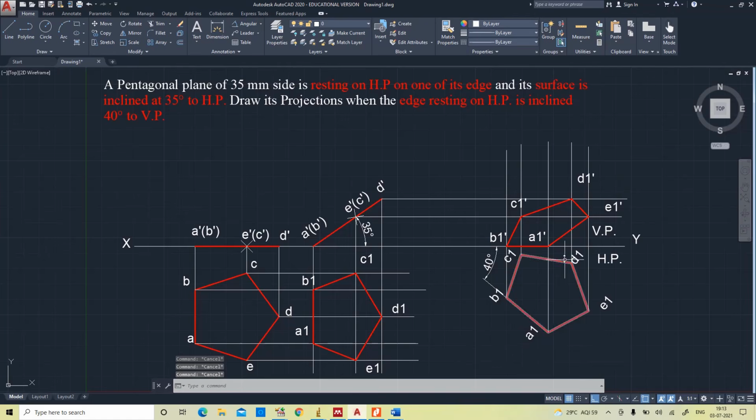You can check A1 A1 dash, B1 B1 dash, C1 C1 dash, D1 D1 dash, E1 E1 dash. This is the final front view and final top view. Trim the unnecessary portion.